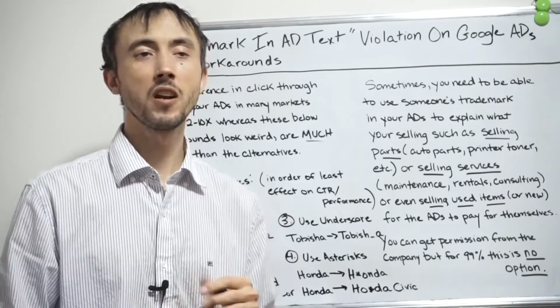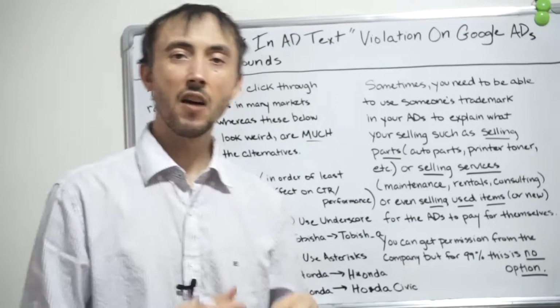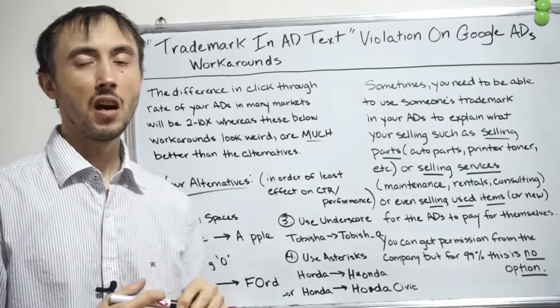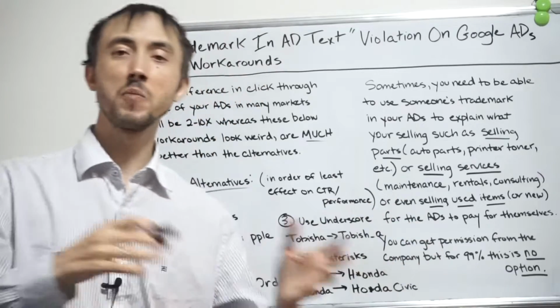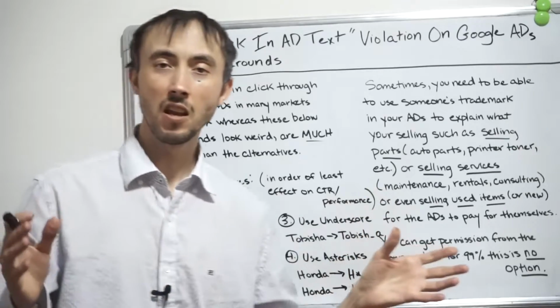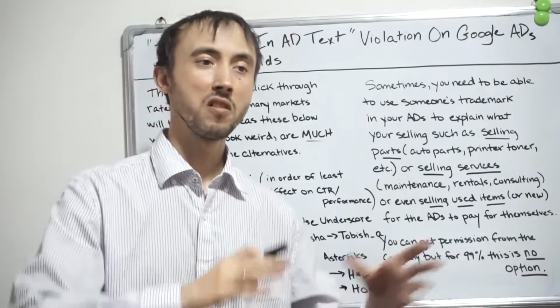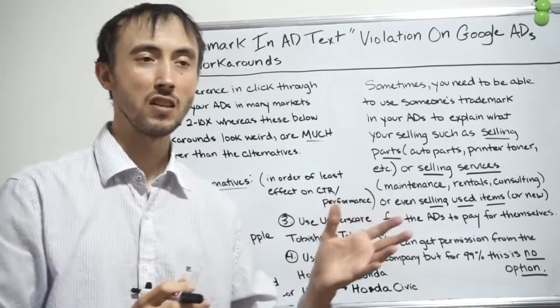Okay, today's video we're going to talk about the trademark and ad text violation, or ad disapproval reason, inside Google Ads. I'm going to explain how to work around it and get your ad approved while still being able to use a trademark in the ad somewhere, not in any malicious way, but if you're selling something where, in order to describe it to the user and based upon what users are typing in,